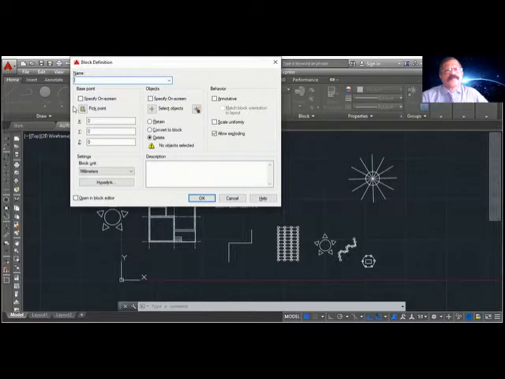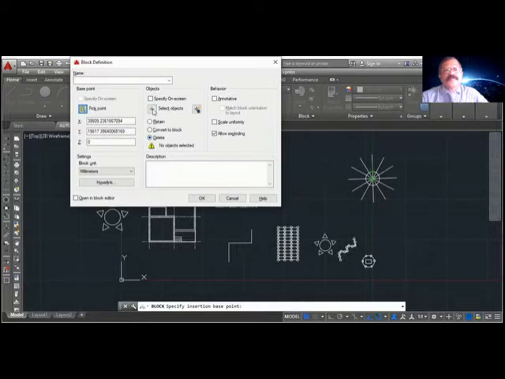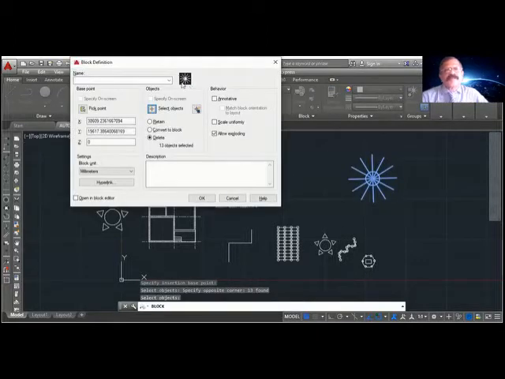Okay. So base point. And you can see the preview here. Once you select the block, you can see the preview and see that it is properly coming. If the block is not coming, it means you have not shown the pick point properly. Okay, be very careful. This pick point should be on the object. If it's a circle, take the center of the circle. If it's a rectangular object, take one of the corners or something like that.